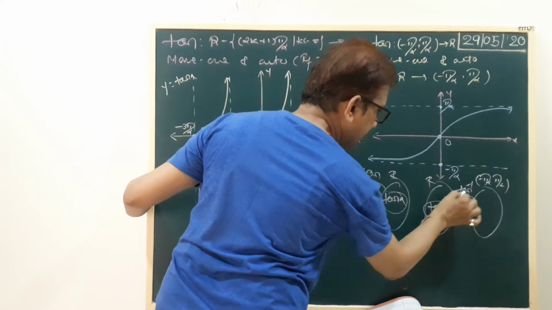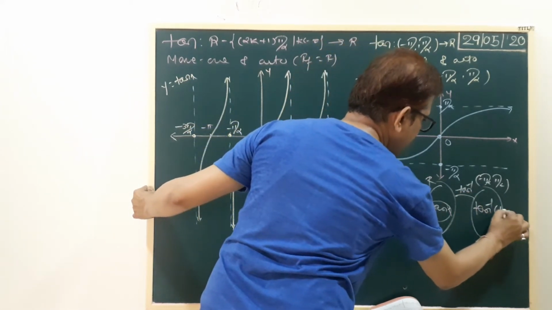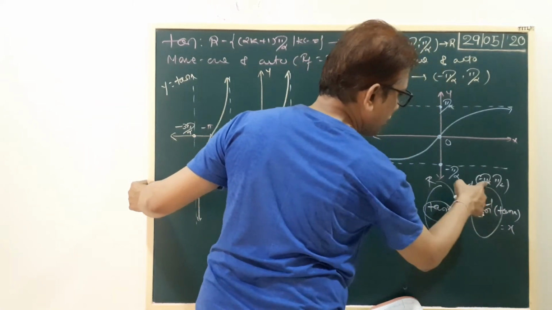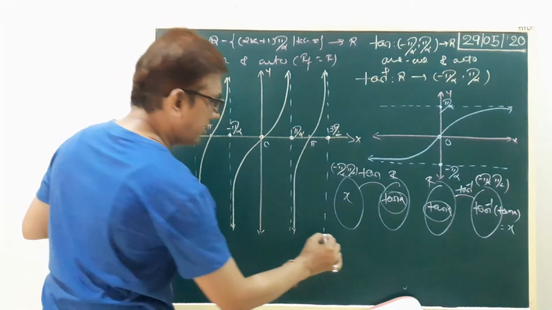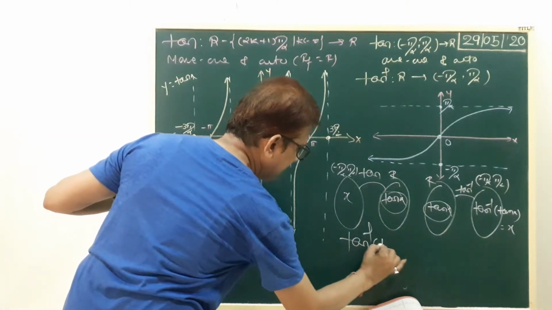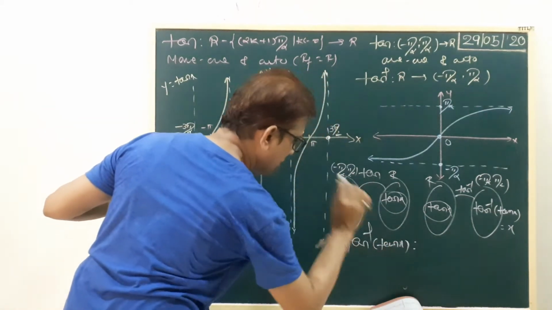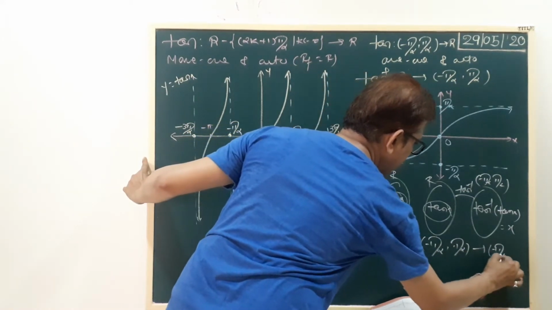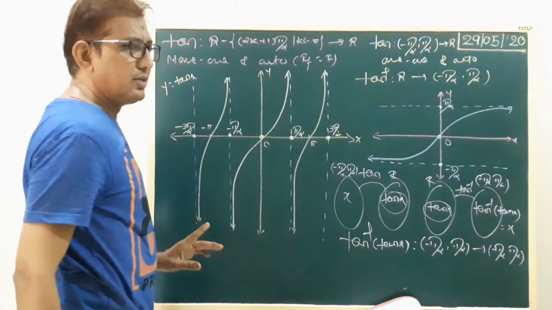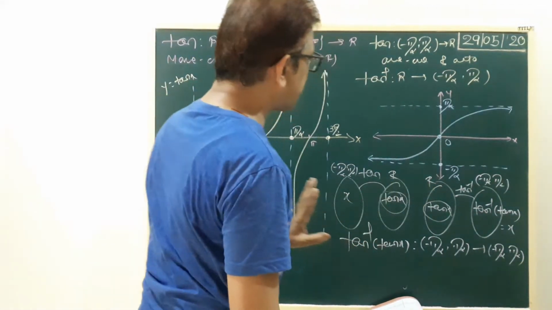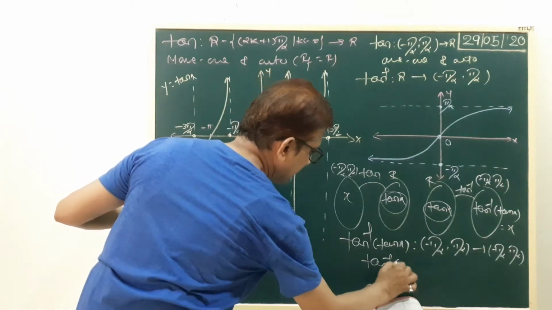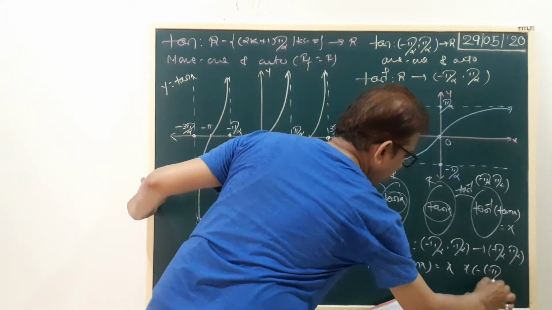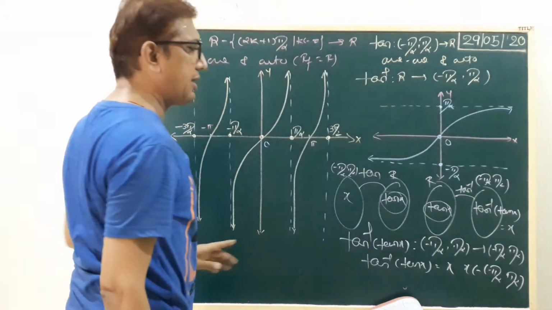Okay. This is your domain. Now tan x is put in tan inverse. So tan inverse of tan x, right? Tan inverse of tan x, the answer is x, but x belongs to the open interval minus pi by 2 to pi by 2. So our tan inverse tan x is a function from the open interval minus pi by 2 to pi by 2 to the open interval minus pi by 2 to pi by 2. Is that clear? So we write here tan inverse tan x equals x, where x belongs to the open interval minus pi by 2 to pi by 2.